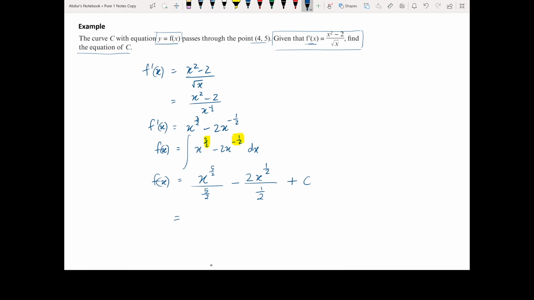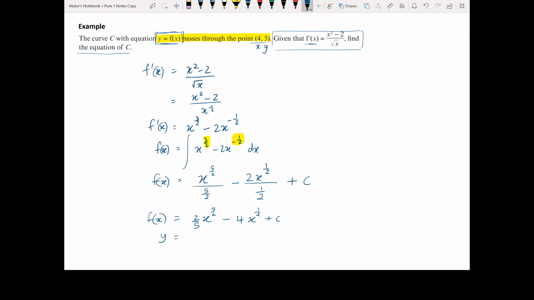We've got division by 5 over 2, which is the same as 2/5 of x to the power of 5 over 2. And this becomes minus 4 x to the power of a half plus c. Now we were given another piece of information here. We knew that f of x passes through the point (4, 5), i.e. the x coordinate is 4 and the y coordinate is 5. And here we've got an equation y is equal to f of x. So if you think about it, we can rewrite this as y is equal to